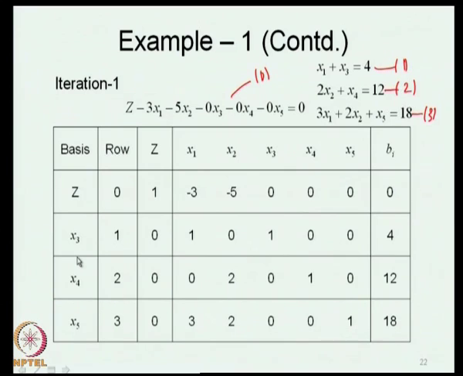So, the next question that we ask is which among the currently non-basic variables x1 and x2 should enter the basis. So, which is the entering variable is the question, and we identify the entering variable. Then we ask the question which among the currently basic variables should depart the basis to make way for the entering variable, so that we can write the new basis. So, this is what we do when we go to the next iteration. We will continue this example in the next lecture.